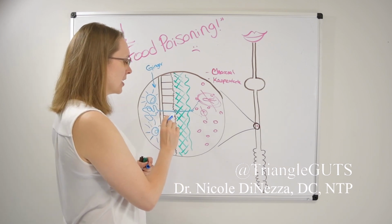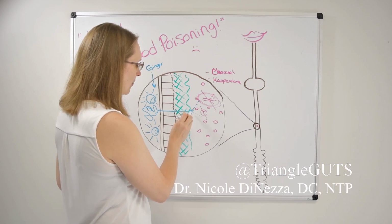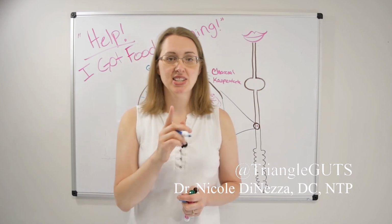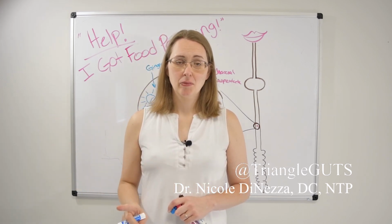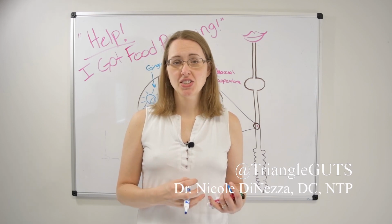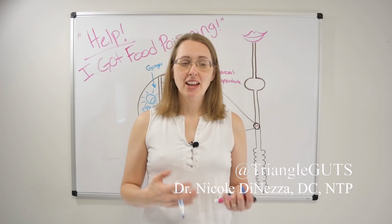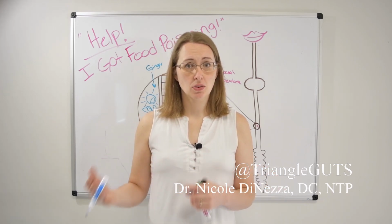And then for some people with that post-infectious IBS model of SIBO, it will see something else. There's a third thing that the immune system sees, and it starts attacking that thing. And that thing is a part of your own body. It's a part of the nerves of your intestines called vinculin. And if you have this anti-vinculin autoimmunity, then you're left with an autoimmune flare, and that could exacerbate or reoccur